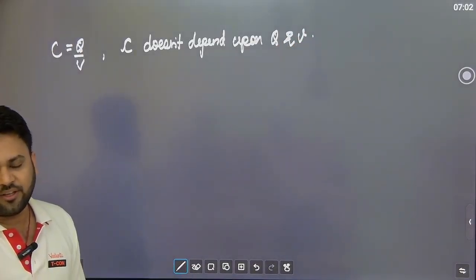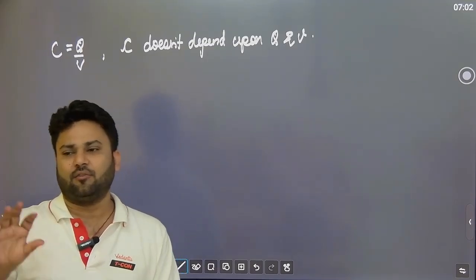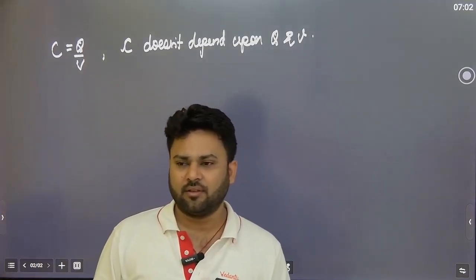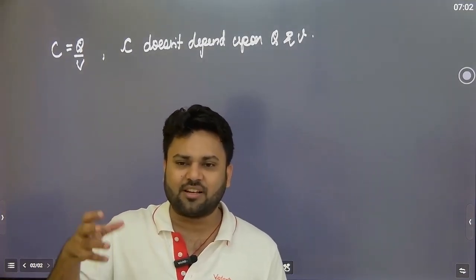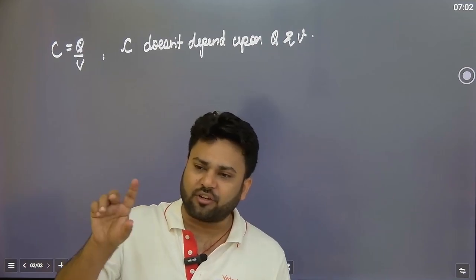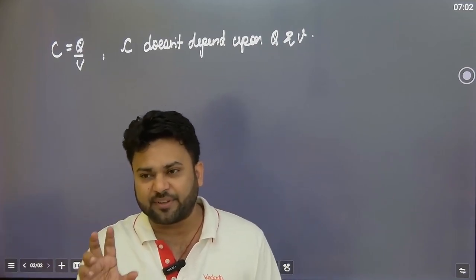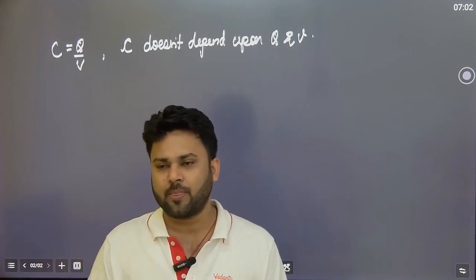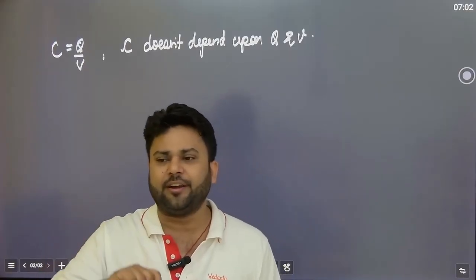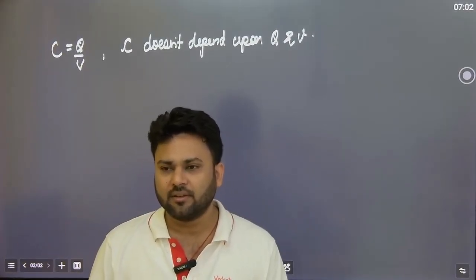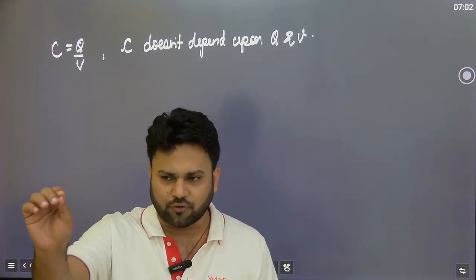See, if you increase the charge, voltage will increase. If you increase the voltage, charge will increase. But capacitance remains the same. Like suppose every student right now here has some capacity, for example, you